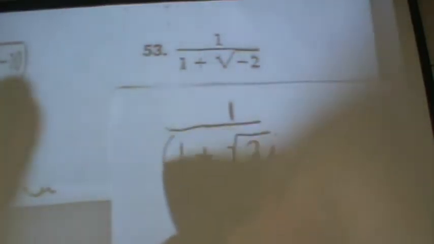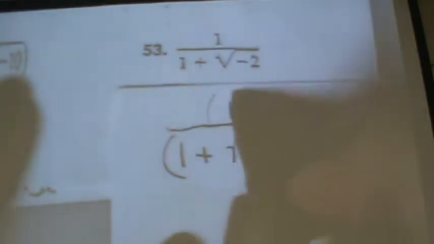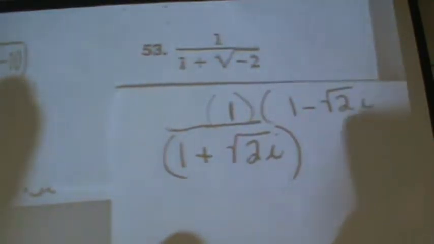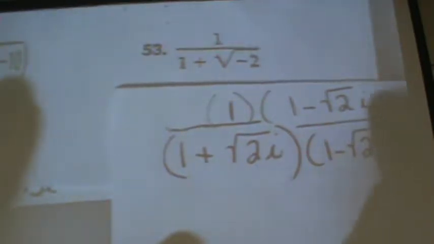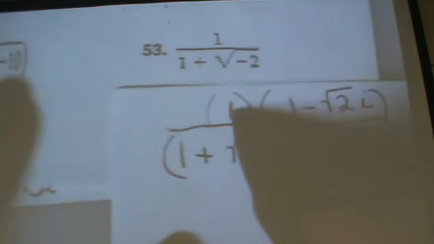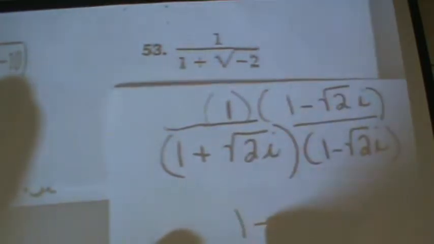So now, what is the conjugate? The conjugate would be 1 minus root 2i. So 1 times this is going to obviously be 1 minus root 2i. And then in the bottom, 1 times 1 is 1. The next 2 will cancel out. And then root 2i times negative root 2i is going to be negative